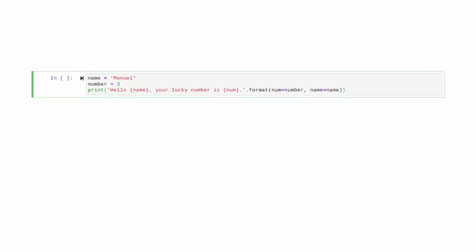In this case, we'll use name and num. Now we explicitly assign our variables to those keywords in the method parameters. When we run the cell, the values represented by the variables get inserted into the printed string according to their keywords. Notice that when we do it this way, the order that we enter the method arguments doesn't matter. Name will be inserted into the name field in the string, and number will be inserted into the num field